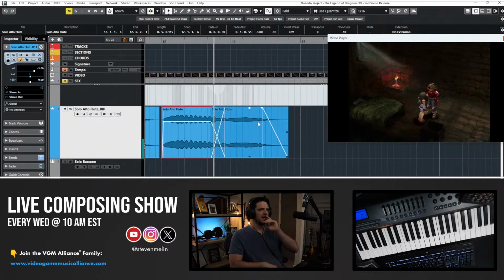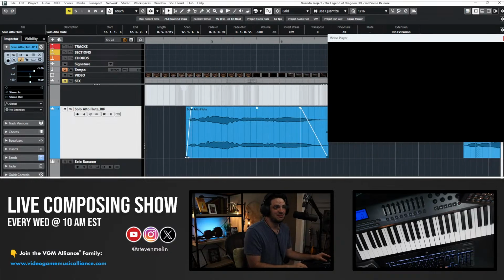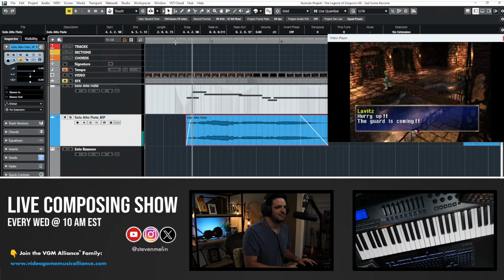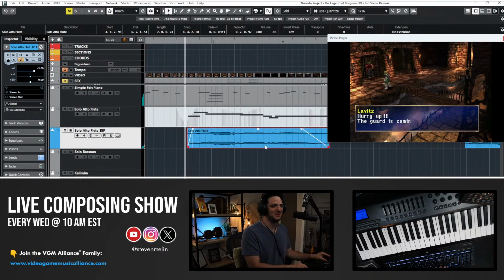Because here's the thing. If I had a live musician right now in the room with me recording, a flute player, I would have him or her record it several times to try to get the right emotion on the notes. So that's what I'm doing right now. I'm just doing it in post. I'm editing the phrases to be what I want because I can't write it in sheet music and crescendos and decrescendos or coach the person. So I'm going to coach the audio instead. That's what I'm doing. If you just live by MIDI, you'll always have mediocre music. Sorry. Is that too harsh of a stance? I don't know. But I think it's true.